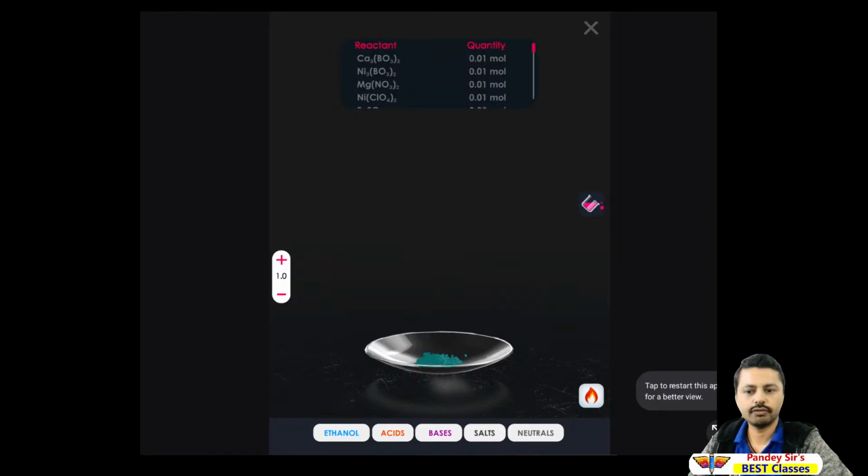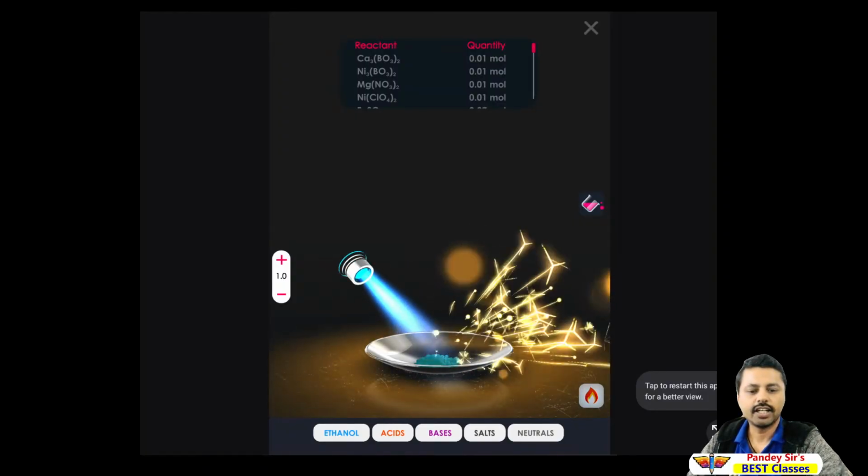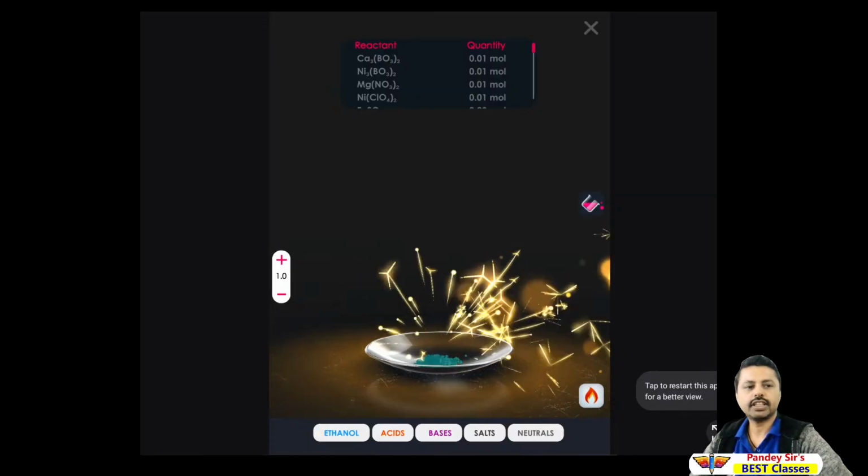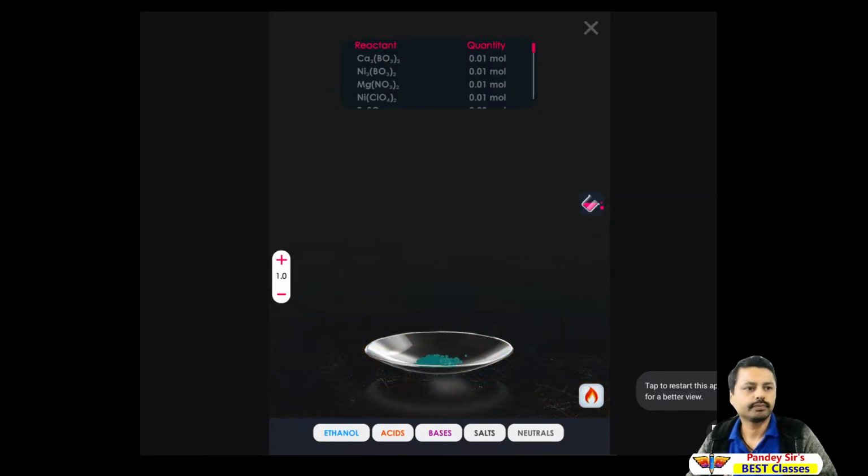This is the ferrous sulfate. Observe the green color, and here I am burning, and you can see this nice red color. So what is actually happening over here? The reaction is